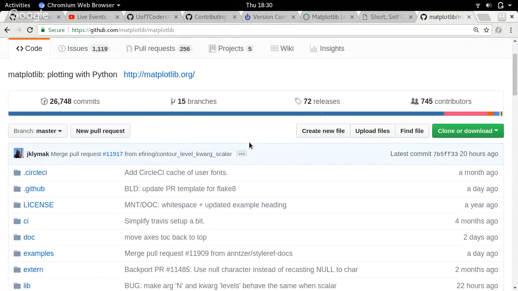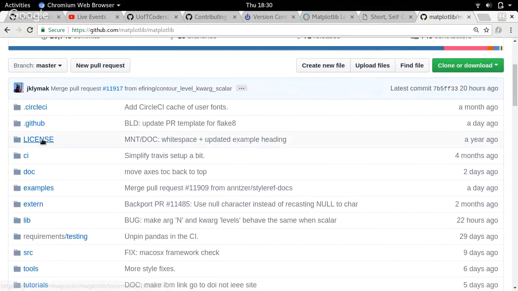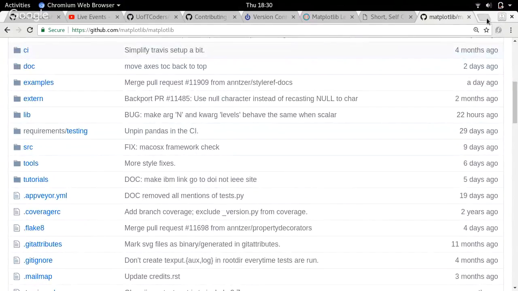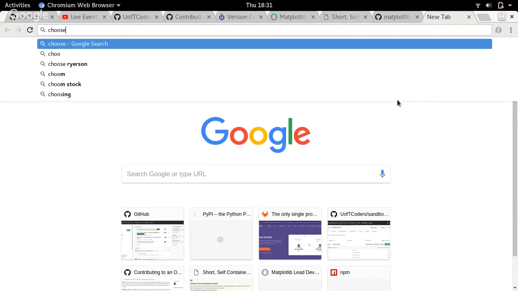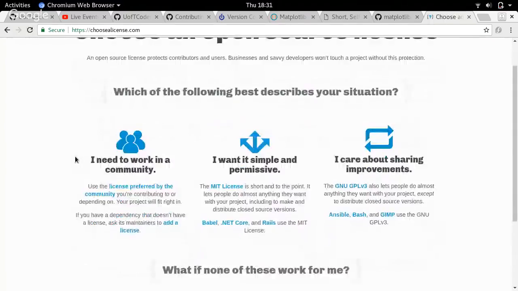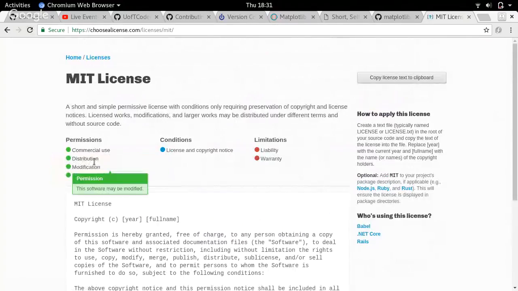There are a couple of things you might want to look for. When you're contributing to something, you might want to look for the license, just in case there's something weird. It's not necessarily easy to read, but I will post a link to something called chooselicense.com, made by GitHub. It has a nice simple layman's terms explanation of what the license means. If you want to know what the MIT license is, you can click here and it says you give permission for